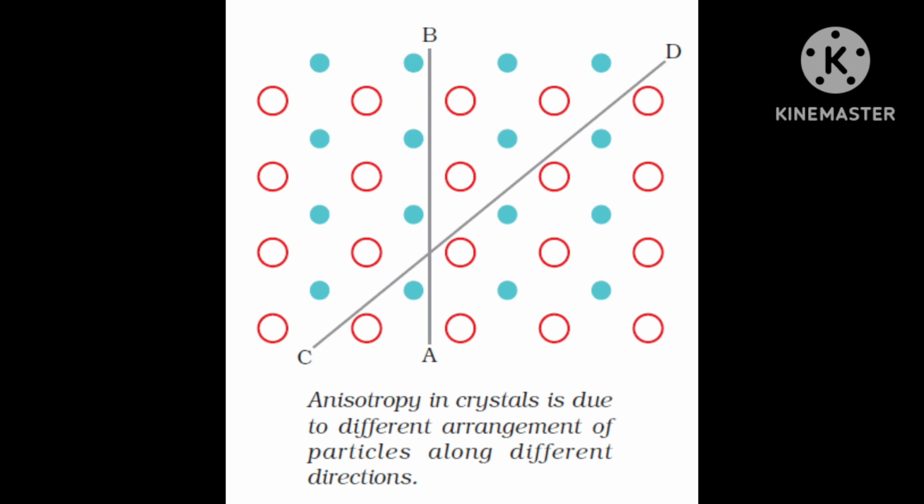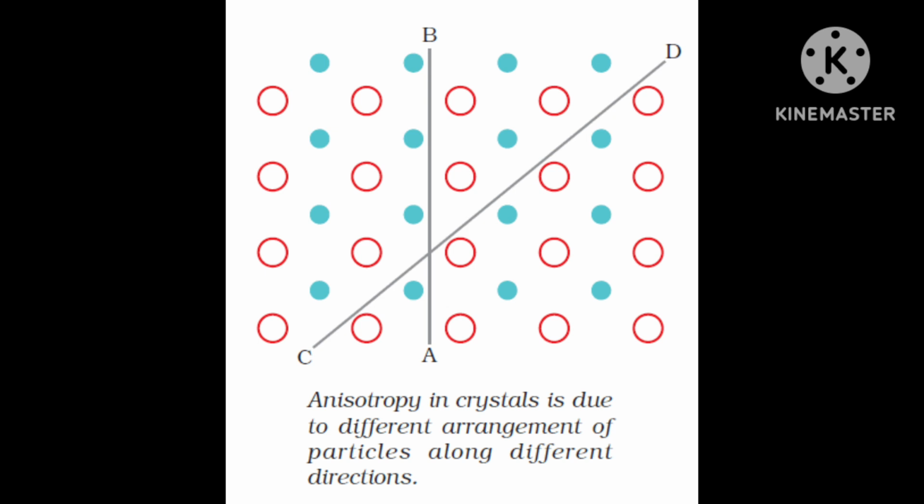Thus, a regular three-dimensional arrangement of points in a space, with length, breadth and height, is called crystal lattice. If the question is asked, what is the crystal lattice, then you can answer like that: a regular three-dimensional arrangement of points in a space is called crystal lattice. Okay, I will try to send the diagram also.